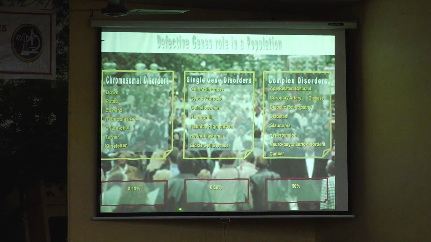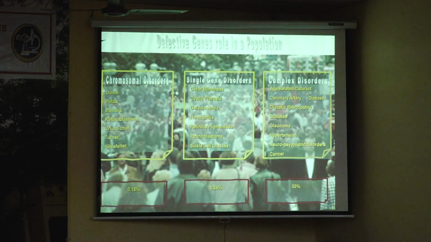So these are the single gene disorders, and the percentage again is 0.6%. And the complex disease is 50%. This is very late onset. I think I mentioned in many places, the population is increasing many times. The elderly population is very high, with people more than 50 years old living. The number is very high compared to the younger population. So they are prone to develop this kind of disease, either cataract or diabetic retinopathy, diabetes, glaucoma, like that. So cancer. Everything, I think there is a gene behind it. If the gene is mutated after a very late onset, they will end up with this kind of disease.